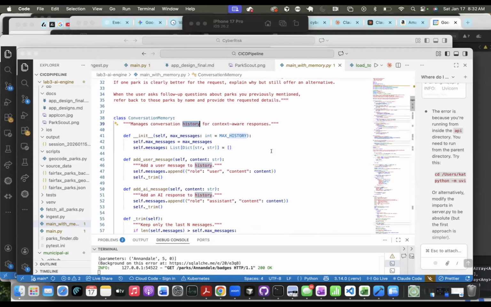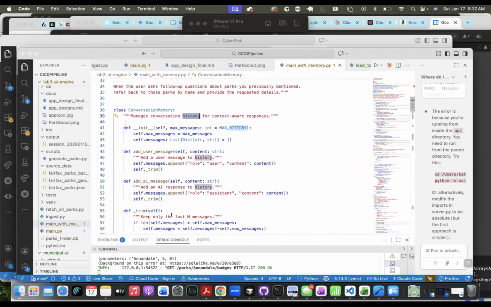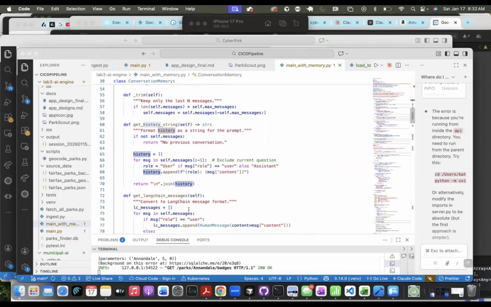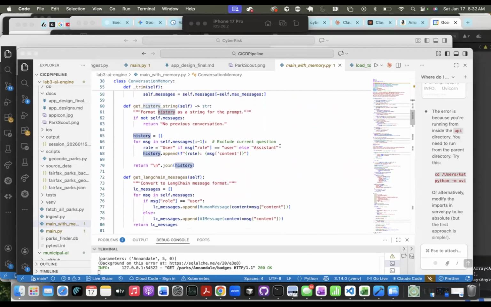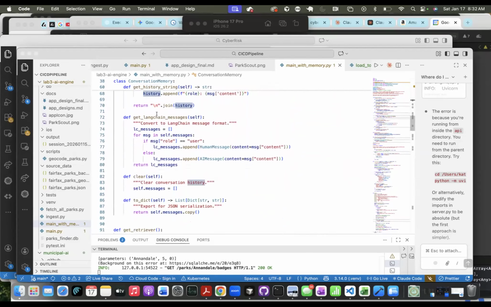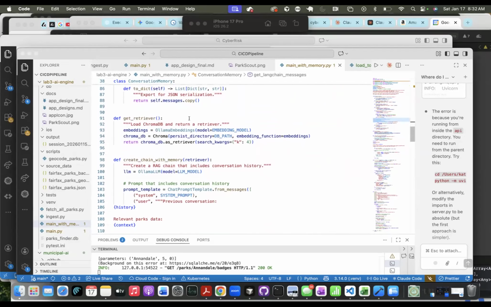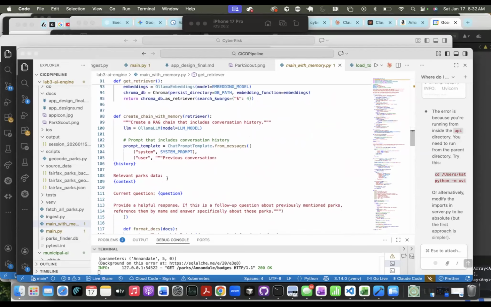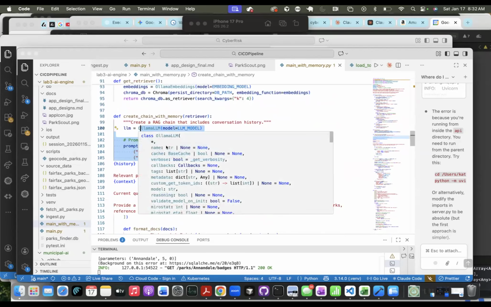I definitely didn't do this by myself. But this is the development of how to handle the history. And here are the LangChain messages. I had to add a retriever to return results from the ChromaDB. Here's the model that I'm using for the chain with memory.